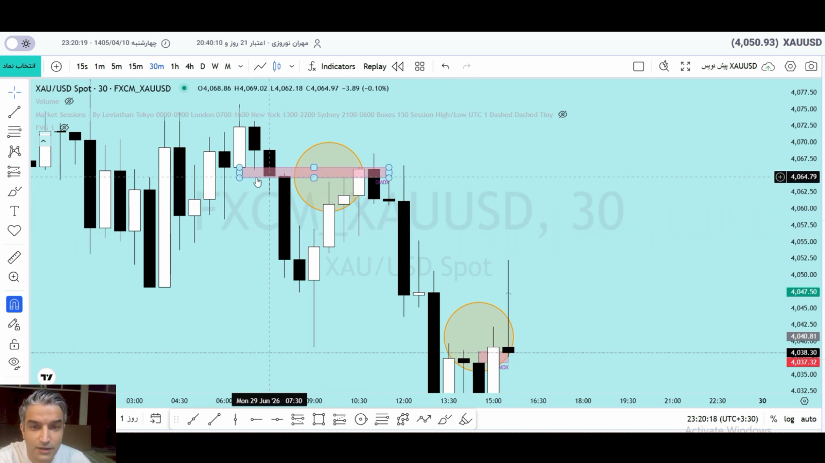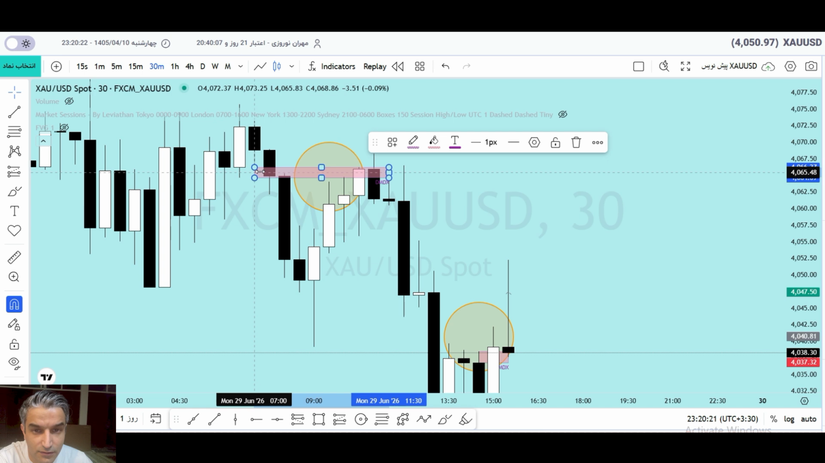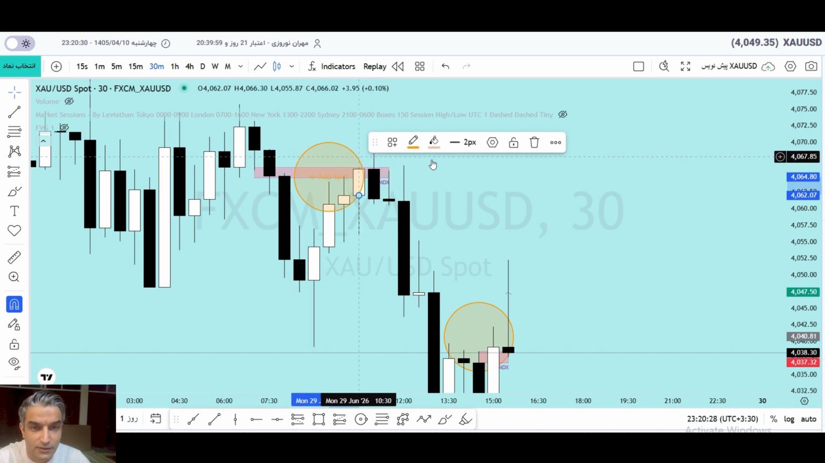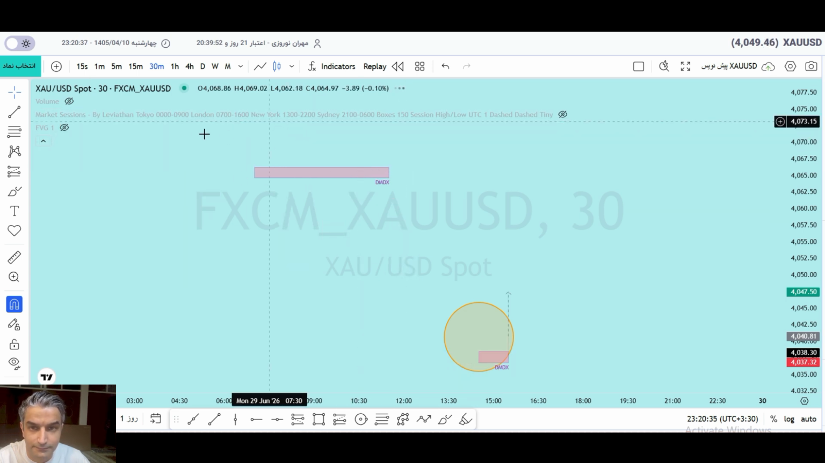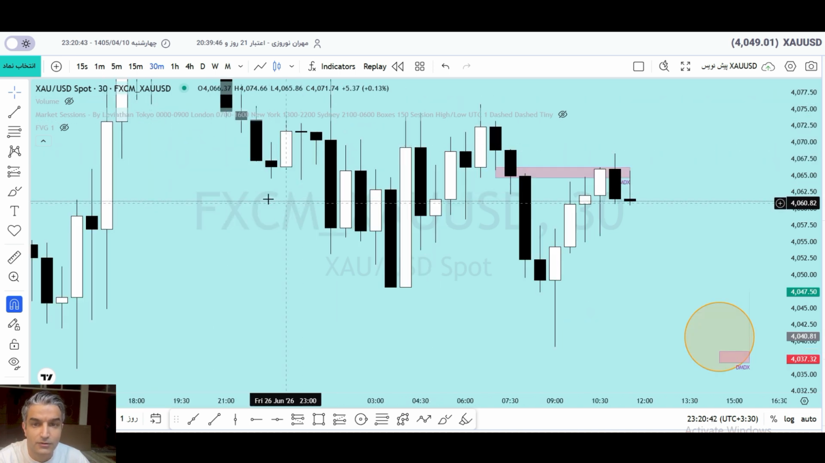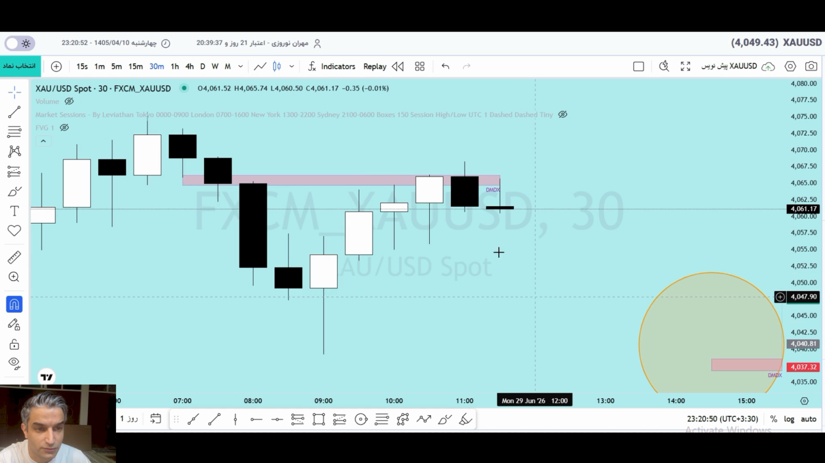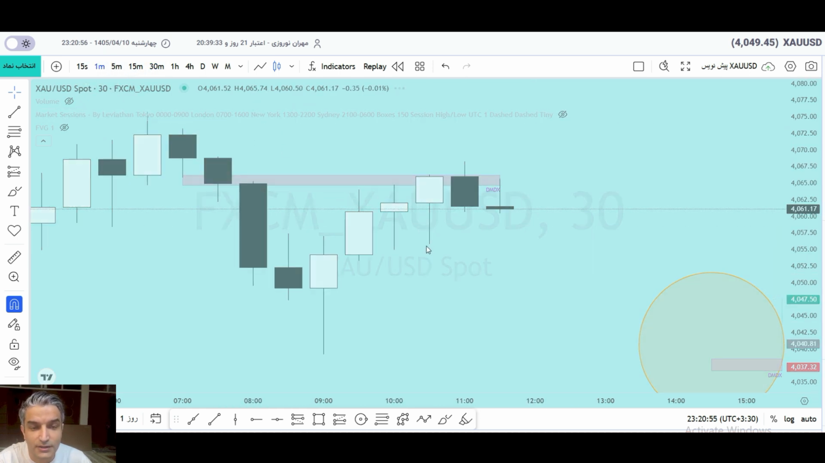As you see, first of all, I saw my DMD area. Okay, let's explain it. I saw a double Marubozu, DMD1 in 30 minutes, and I waited for price to come back to the zone, this area, and if I change it to the 1 minute,